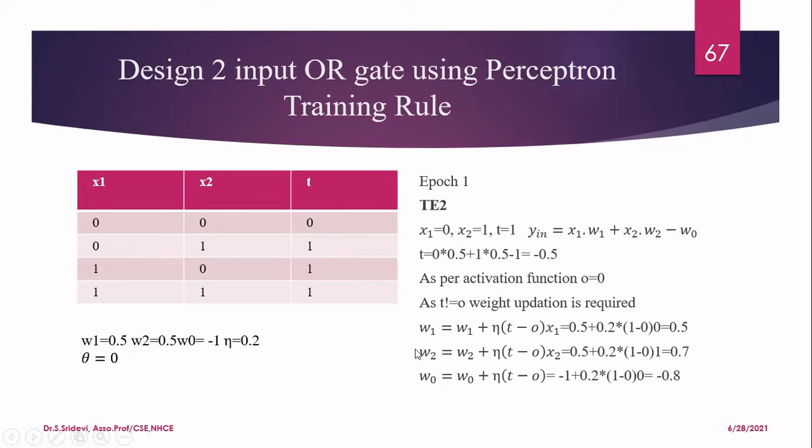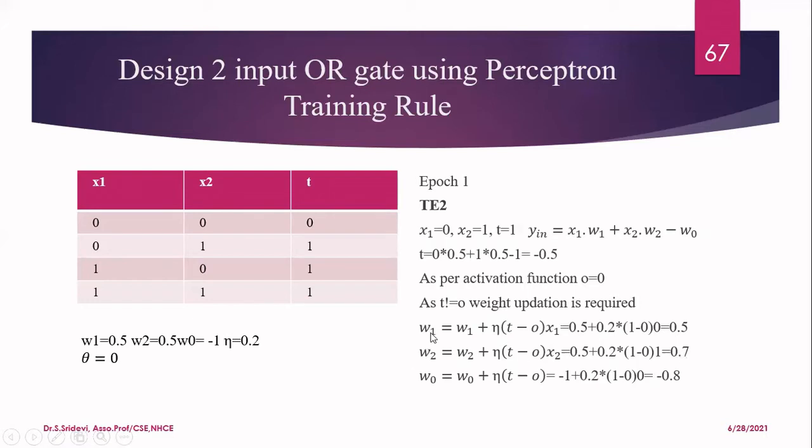Now let us see what is going to happen to the second weight, W2. W2 is nothing but apply this formula. Here you are going to consider W2, and instead of the example X1, you are going to consider the example X2. Now the same thing I am going to apply. I am getting the weight as 0.7. Previously W2 is 0.5, now it is changed to 0.7.